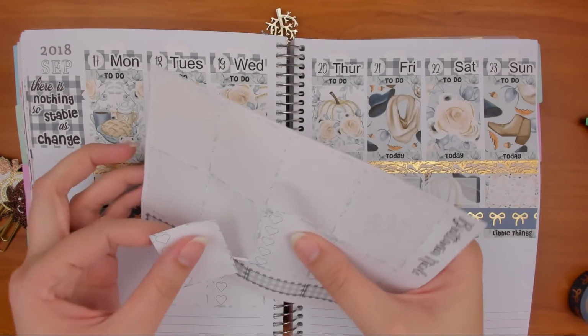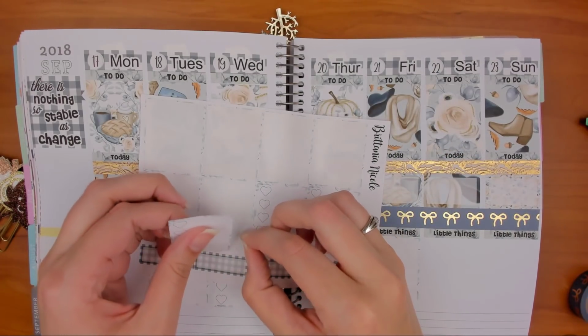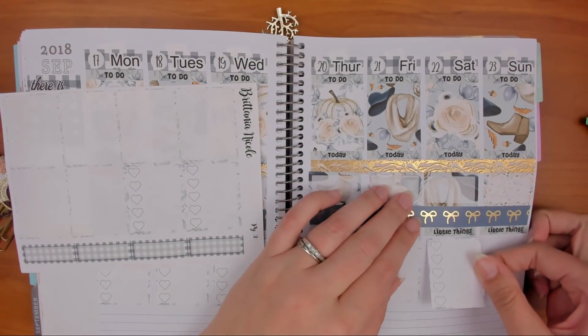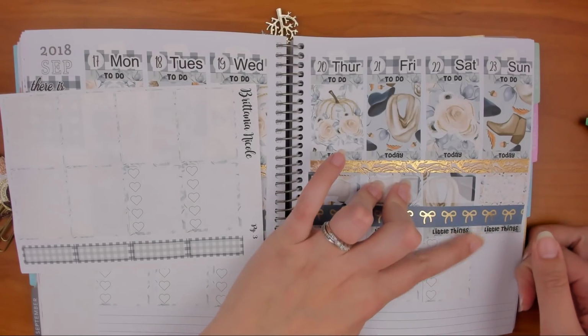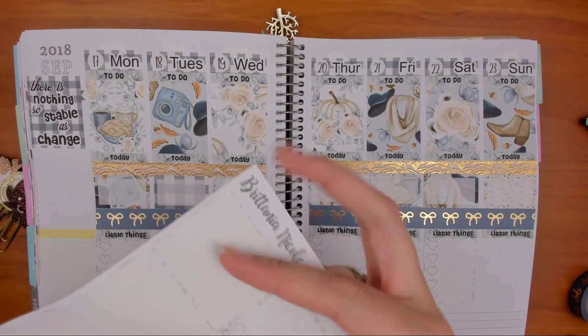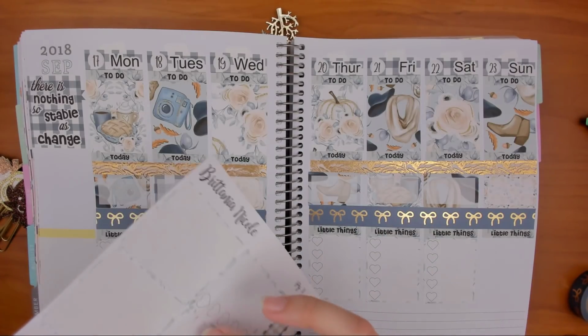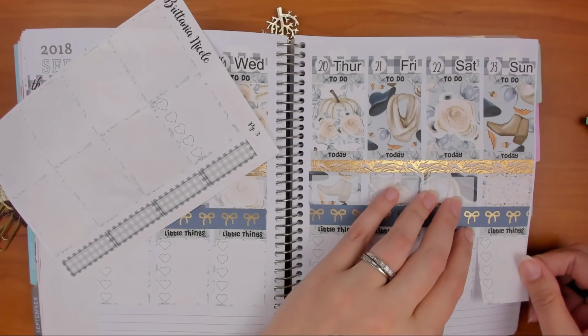I don't know that I'll get another Recollections like this, because I feel like it's really the same as an Erin Condren. So I feel like you can either get one or the other, and my planning style will look the same in either one. Obviously I plan for different stuff, so the boxes have different things in them. That one's stuck in the corner. Anyway, so I